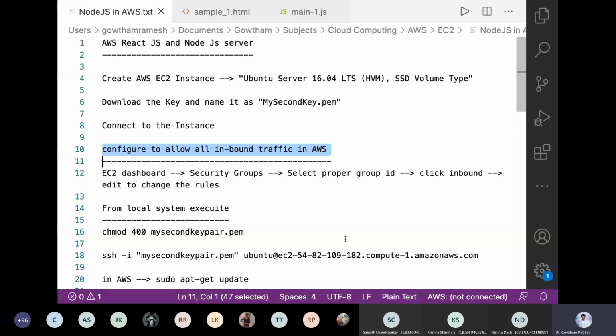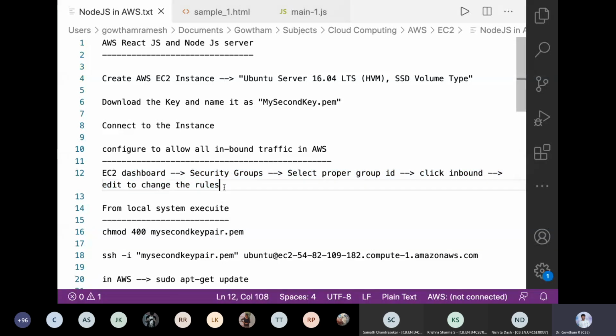After installing the Node.js program, I want to use the HTML file to connect to the instance. In that case, my traffic will be HTTP traffic. So I need to enable HTTP traffic in the newly configured virtual machine.